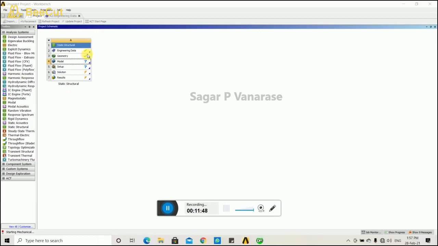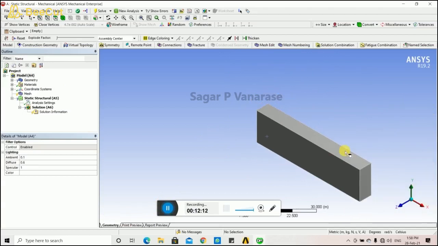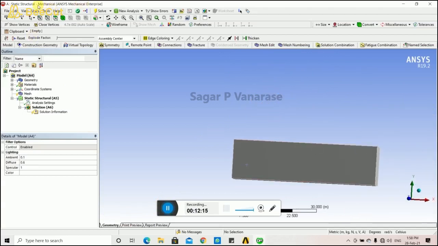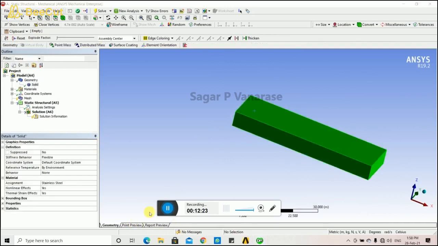A 3D model contains a solid model. By adding a material and geometry we can simply proceed. Always check the previous step of our static structural project work. If it shows the tick mark, then it will always be all right. If there is a cross mark or some kind of red mark, then some points are missing in our dialog box. Always check this point. My previous steps are correct, which means I have completed all my requirements of the design of the project work.